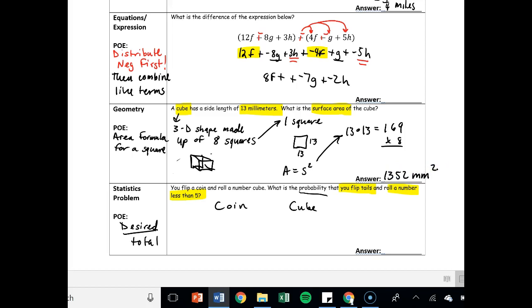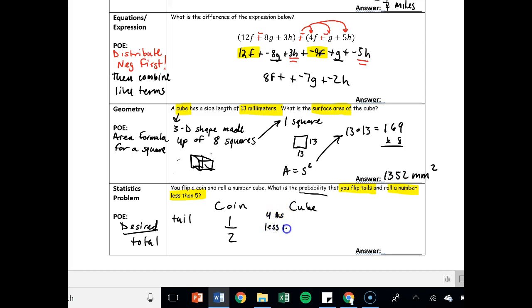And last one, it says you flip a coin and roll a number cube. What is the probability that you will flip tails and roll a number less than 5? So probability is all about your desired outcome out of your total outcomes. So for the coin, if you want a tail, there's only one possible way to get a tail out of 2 possible outcomes. And for a cube, if you want to roll a number less than 5, well, a cube has numbers 1 through 8 on it. So all the numbers less than 5 are 1, 2, 3, and 4. So you got 4 numbers